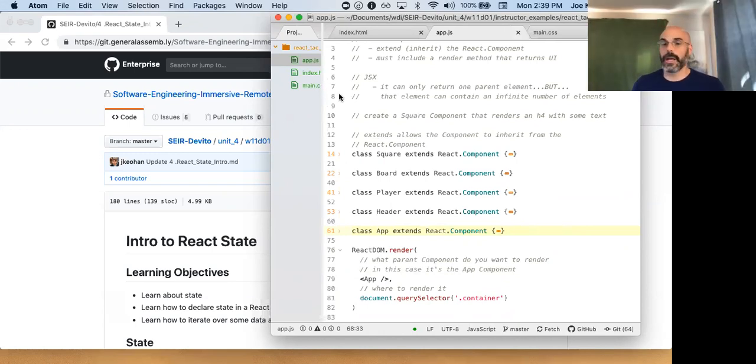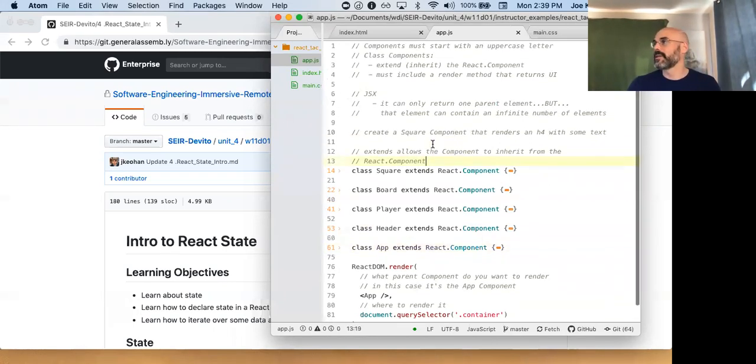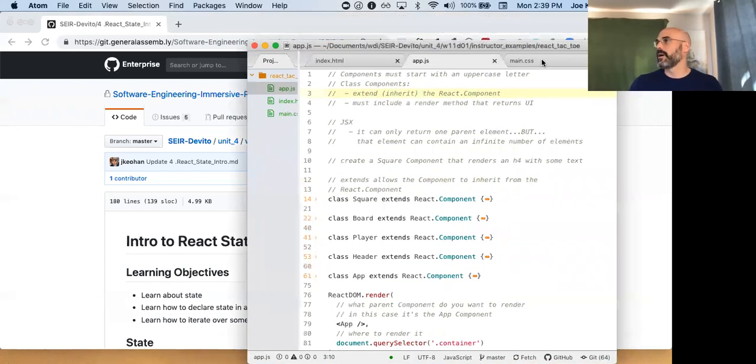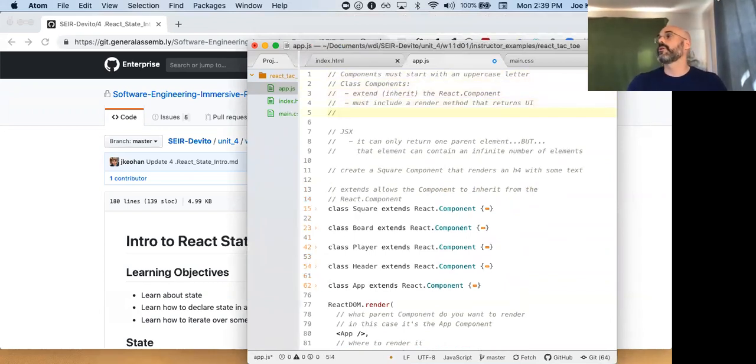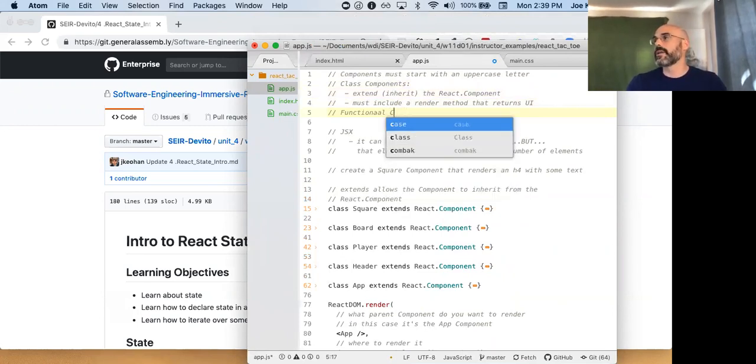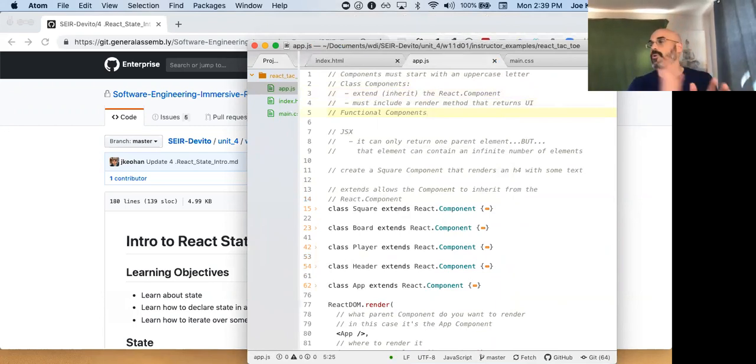Obviously we're organizing things here, and think of a component. I did mention earlier that components can be structured as class-based components, but there are also functional components as well. I'm going to put here functional components. We didn't create a functional component today. I don't have any examples, and I don't want to deviate and take everyone's attention away. But a functional component